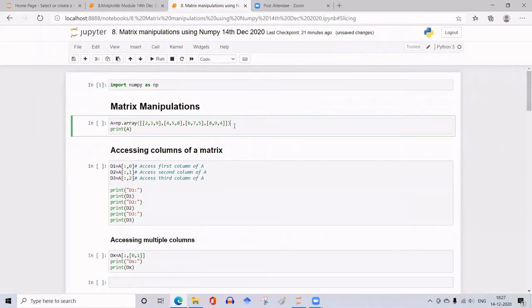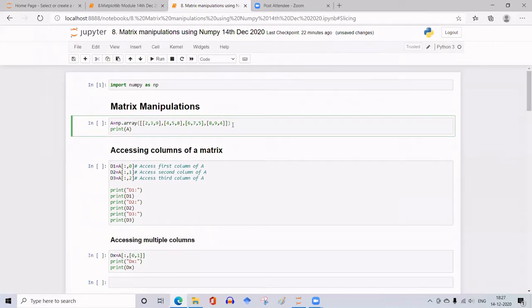In order to illustrate the various matrix manipulations, I have considered one matrix. I have formed an array. See, a matrix is nothing but a list of lists or array of arrays. So here I have taken four lists, and I have formed within the square brackets like this, so that it forms a 4x3 matrix.